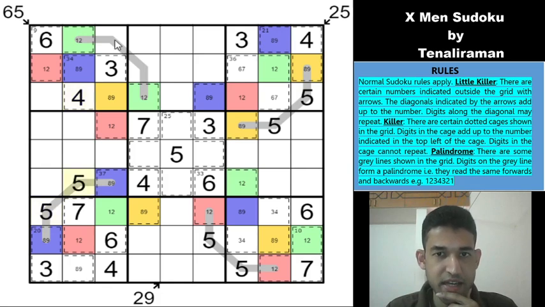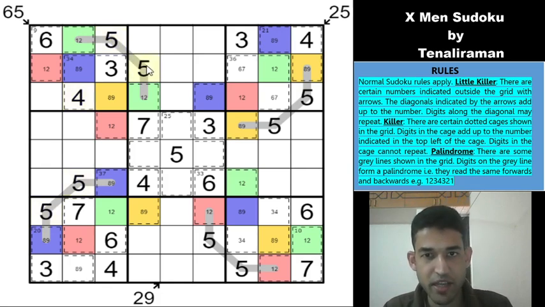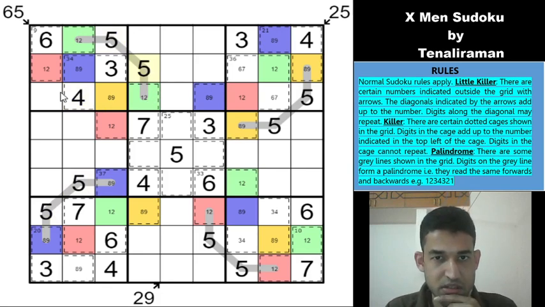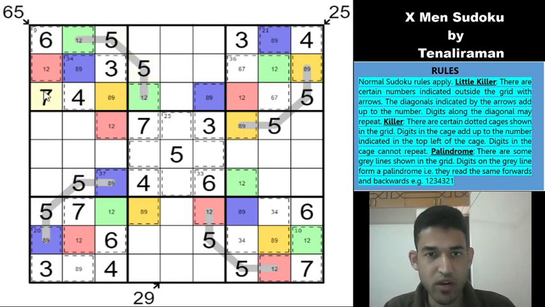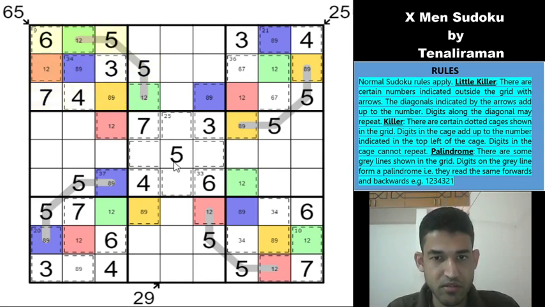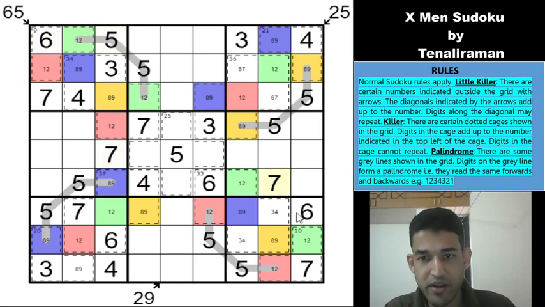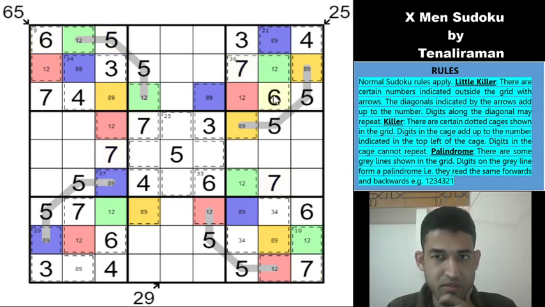And using classic, I get the 5 inside the box now. This would have to be a 5, which means the palindrome property gives a 5 here. And this would have to be 7, right? Only possible value that this cell can take is 7. We have 8, 9, 3, 4, 1, 2, 5, 6. And that gives a 7 here using classic for the column. And this would be a 7 now, right? 7, 7 and 7. And that resolves this 7, 6 pair. This becomes 7 and 6.